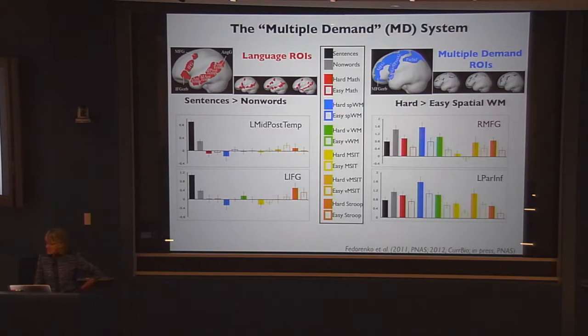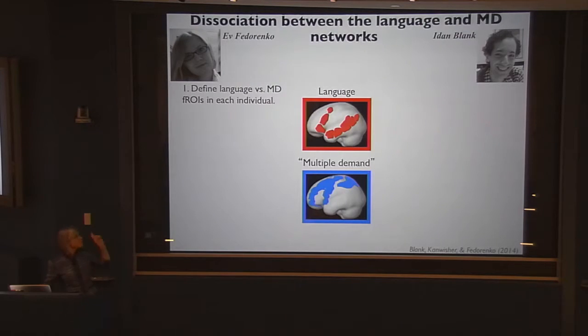It's different than the language system. And now we can ask, what is the relationship between these two systems? There are lots of ways of doing that, none of them perfect in humans, but I'll show you one that I think is pretty cool. This is work with Ev Fedorenko and Idan Blank, who's a grad student in the lab. These guys decided to use a method that's been around for over a decade that lots of people use. We weren't doing it in my lab because I was just kind of a curmudgeon and I didn't really understand this method and I didn't want to use it because I felt we didn't understand it. But it turns out it's pretty interesting.